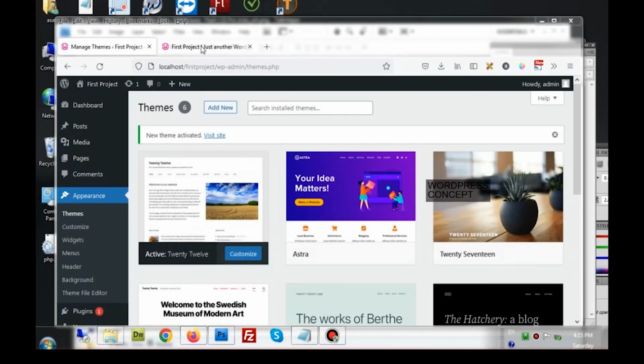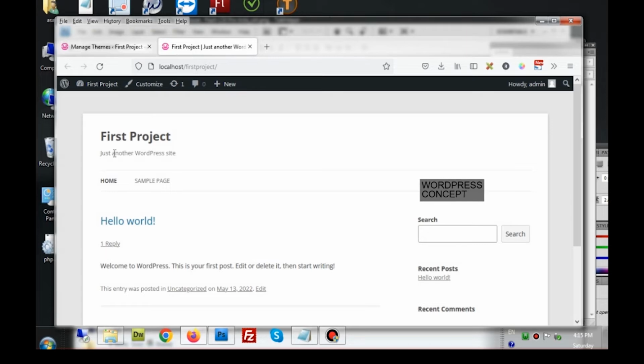Okay, next thing we need to do with the site is to change this top portion where it is written first project. So we have to place the logo of the company for which we are trying to make the site. Normally the client gives you the logo to put into the site, but sometimes if it's our own site or the client hasn't given us any logo, we have to make a logo ourselves.